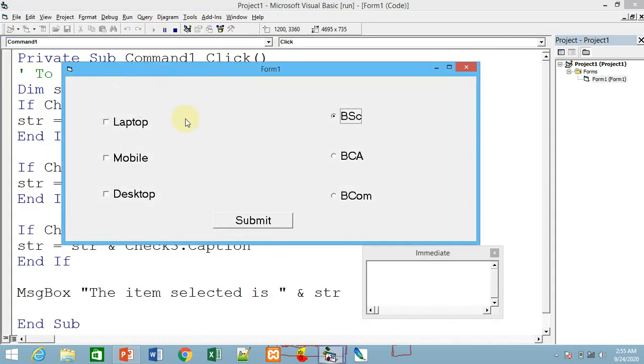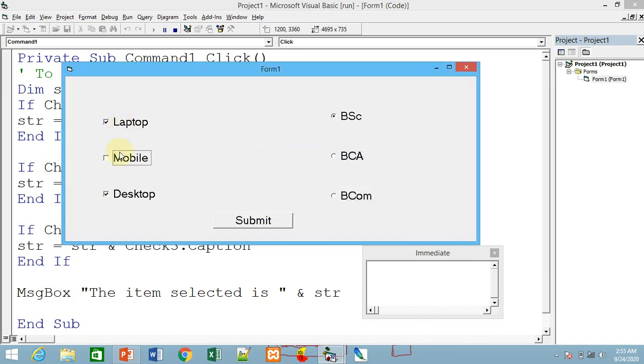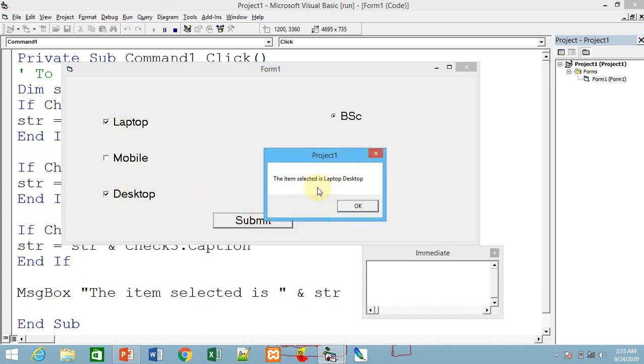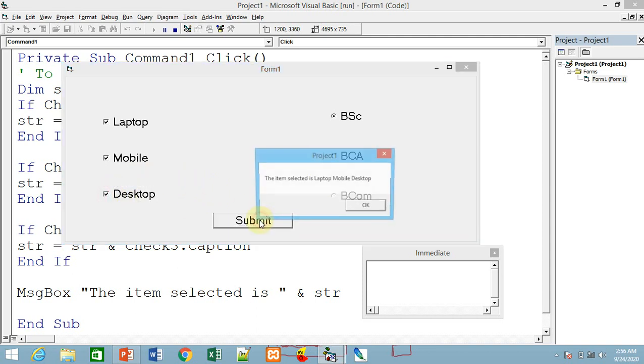Then run it, choose all three, laptop, mobile, desktop, or if you choose any two, laptop and desktop, the item selected is laptop and desktop. If you select only these two, it gives the correct result.